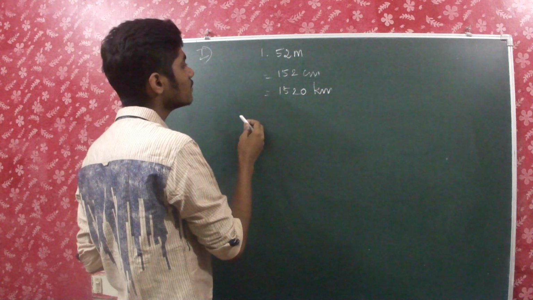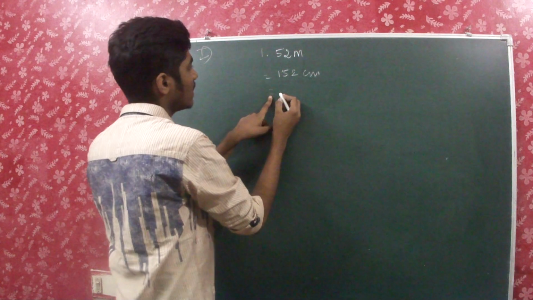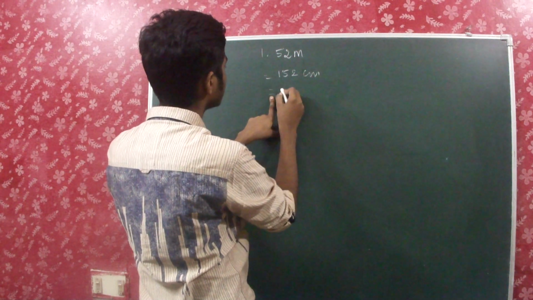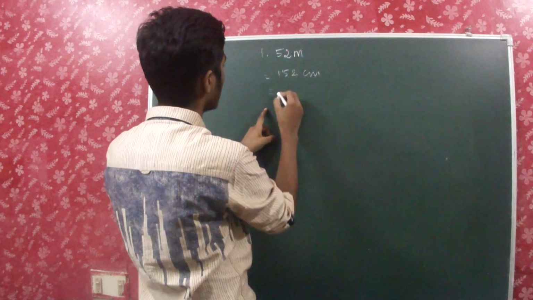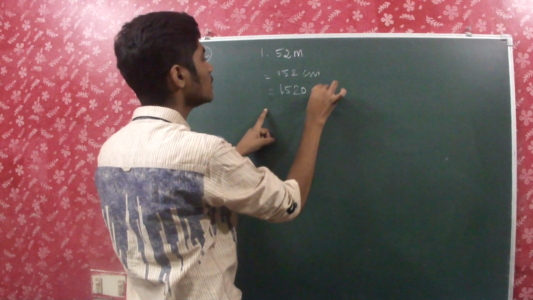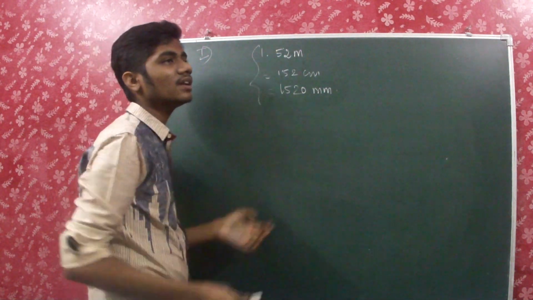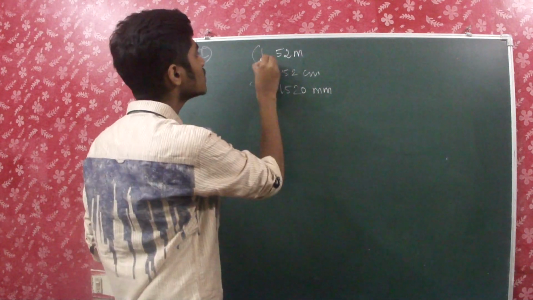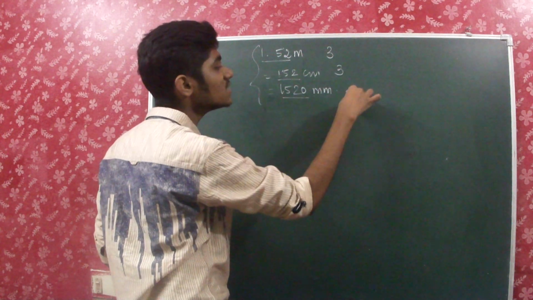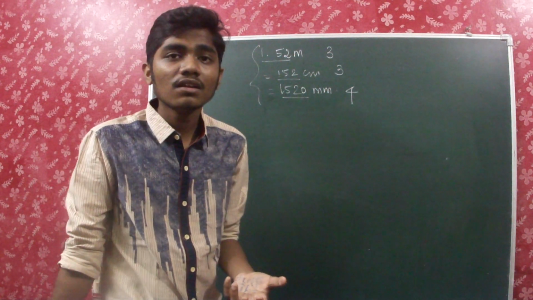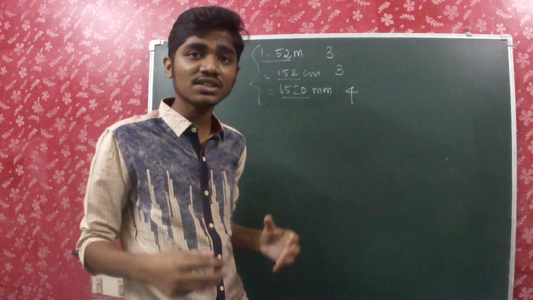Okay, we can put it like this, 1520 millimeters. So 1.52 meter can be written in these 3 ways and many more ways also. Here if you see, there are totally 3 significant figures. Here also there are 3, but here there are 4 significant figures. So what does this mean? Does this mean that when we are writing a measurement in different units, it yields different significant figures?